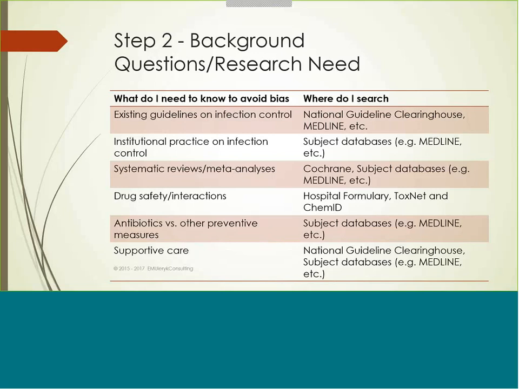Drug safety and interactions. Certainly your hospital formulary, or the CPS if you have a subscription to it, would give you that information. ToxNet and ChemID: ToxNet is available for free from the American government, from NIH. ChemID is part of ToxNet, and that's basically a chemical dictionary. And that has a lot of useful information in it,